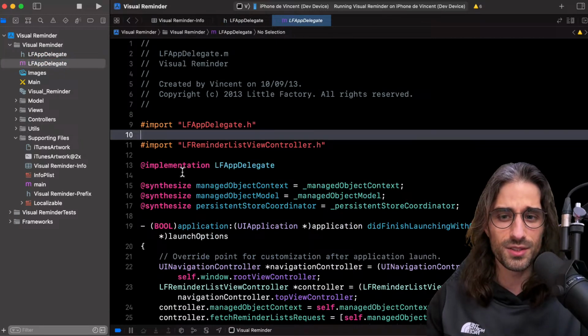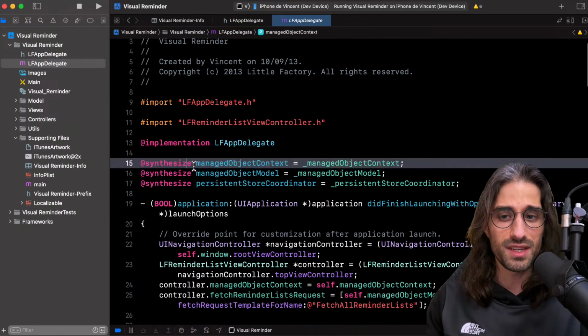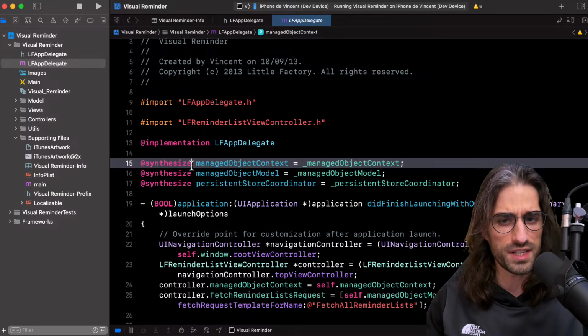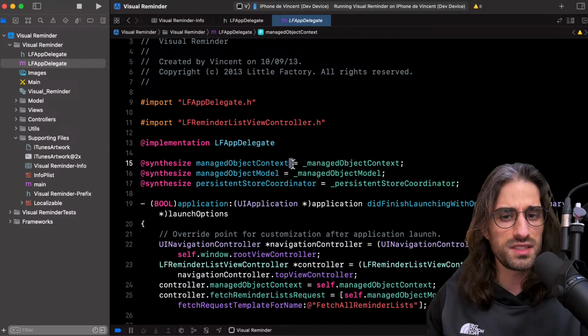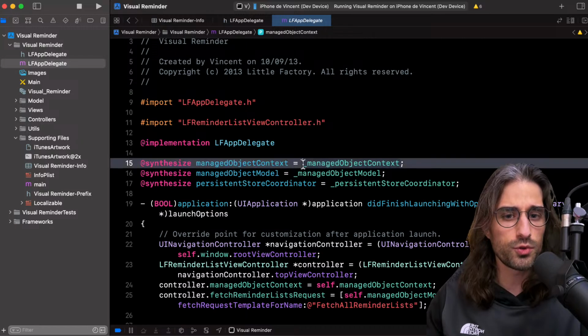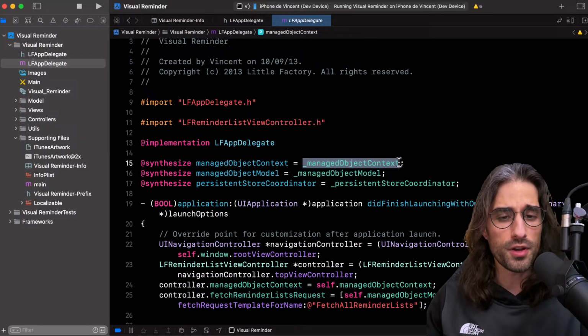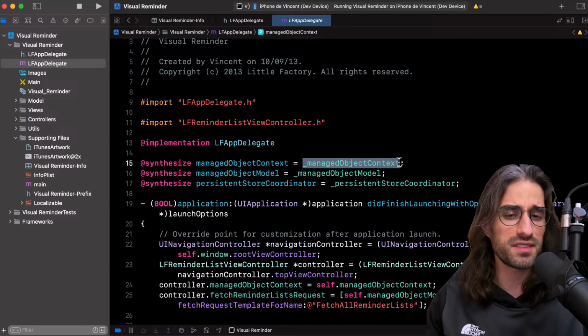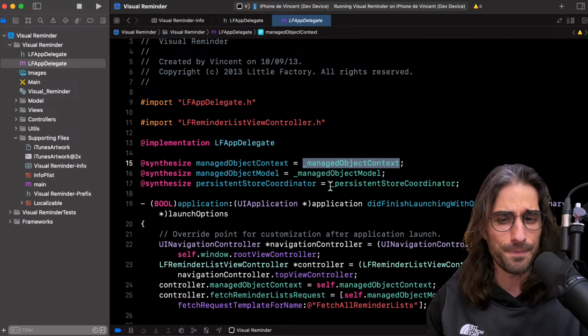And so inside the .m file, we have this thing called @synthesize, where we would tell the compiler to synthesize the property. And I think back then it would do it automatically already. However, by doing this equal thing, we can say that we want to have an instance variable that we can access so that we don't go through the setter. This can be helpful when you want to bypass the setter in some places. So I guess it's going to be used later.